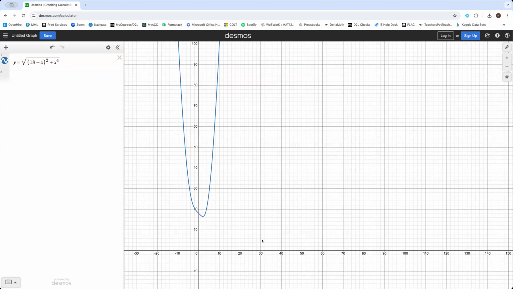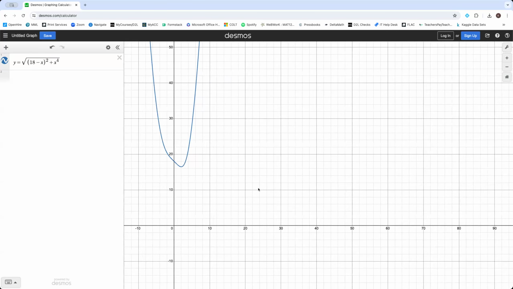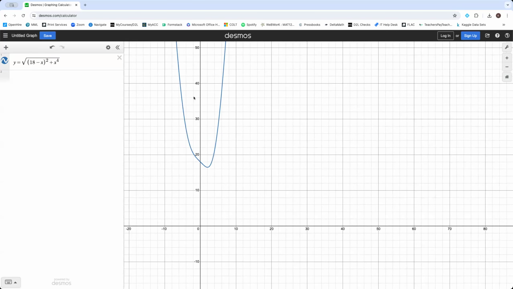So we can see this graph and a couple things that we want to pay attention to. We are talking about distance, so distance should always be positive. We see that that's the case here. But our x values, I do want to point out that in this particular situation, x could be negative because we're just talking about an ordered pair along that curve y equals x squared. So if we click on there, we find our minimum point. You'll notice it also did give us our y-intercept, but that's not relevant for this particular example, just a feature of Desmos. That minimum is going to be the ordered pair